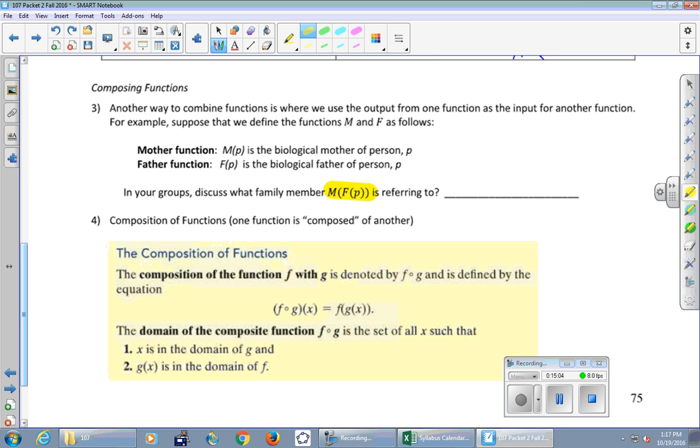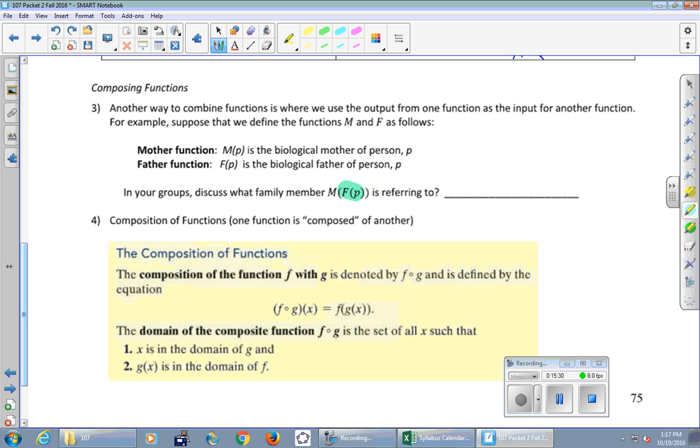M of f of p. The innermost input is which letter? P. That is some person. Then we work our way out from the inside. So what's the closest thing to that P inside? Is F. So that is referring to the father of P. Yes? The father of P